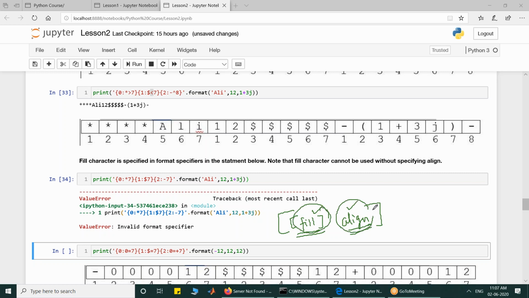Since here you have not written alignment, fill cannot come. So that is the error.